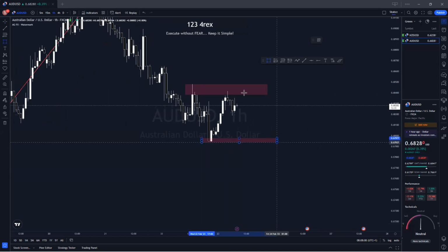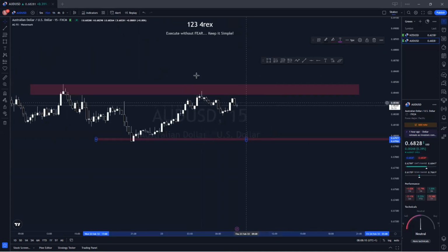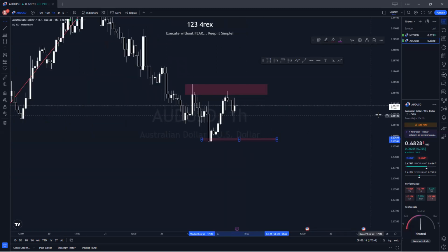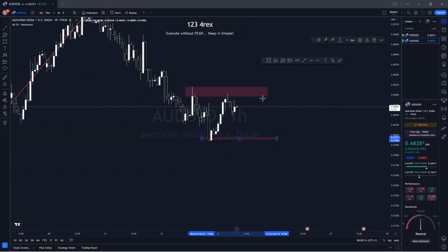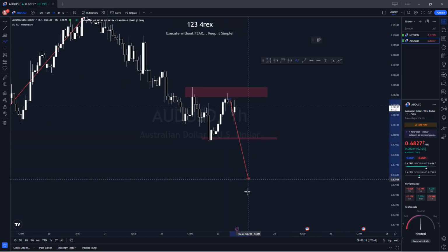Me, I don't like taking sales from resistance levels. If not, that's actually an entry criteria, but I don't like taking sales from there. Most times, price will just do and will still reverse. So I don't like it. What I'm going to wait for instead is, can price come to actually break this low to the downside?